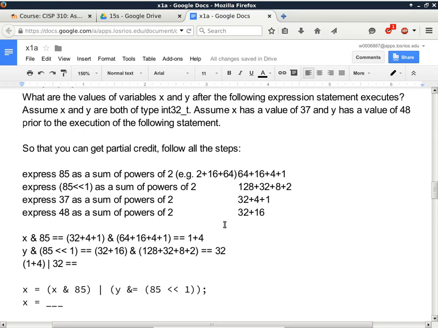If a power of 2 is present in at least one of the two numbers, you get to keep it. Okay? So that means 1 we keep because it is on one side, 4 we get to keep it, and 32 we get to keep it. But none of the other powers of 2 should appear in the result. So that would become 1 plus 4 plus 32, and that adds up to